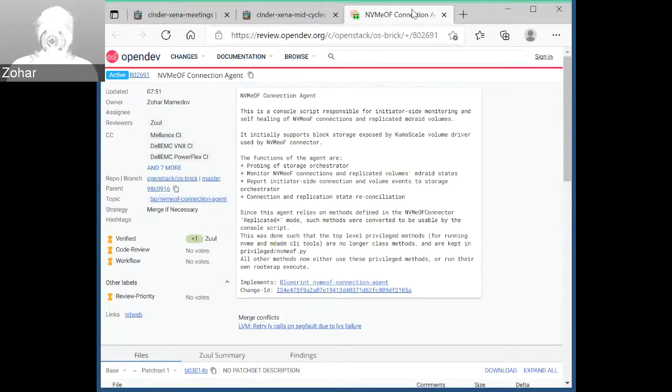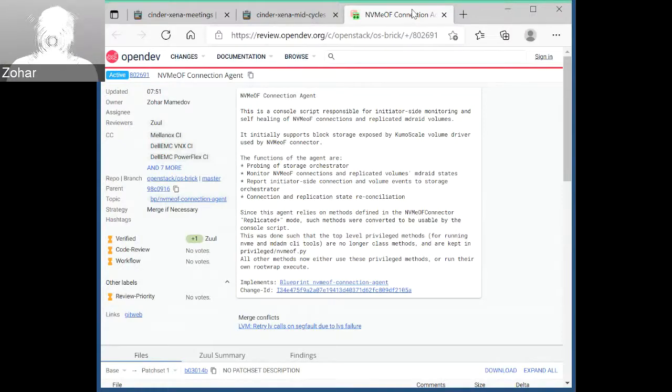Since the way we decided to make this agent is such that it's not a Cinder process, or part of any of the OpenStack services, which was a previous approach, it is just a console script.